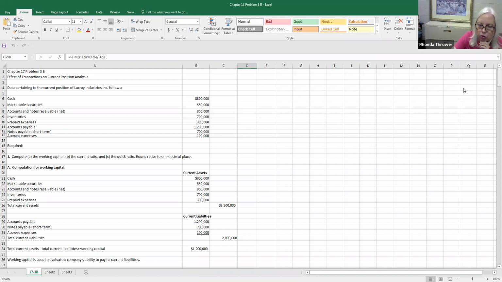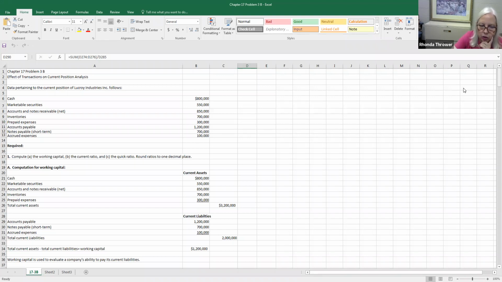And your quick ratio ends up being 0.9 this time. So what you would do is sum up cell addresses D152 through D154, and then you would divide it by D164, the current liabilities, which would give you